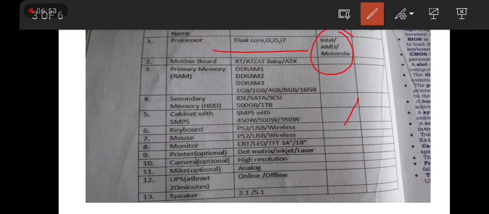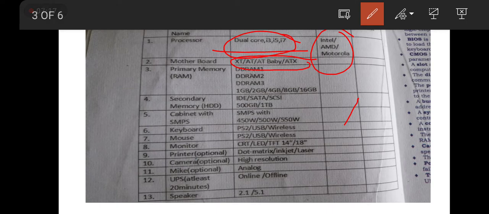We know Intel Pentium 4, Pentium 5 and so on. Nowadays the processor is dual core or core 2 duo. Motherboard type is XT, AT, baby AT or ATX. It can be any one type of motherboard.